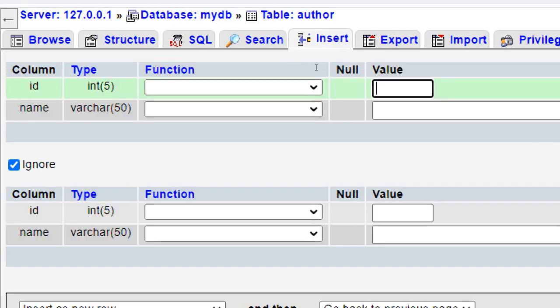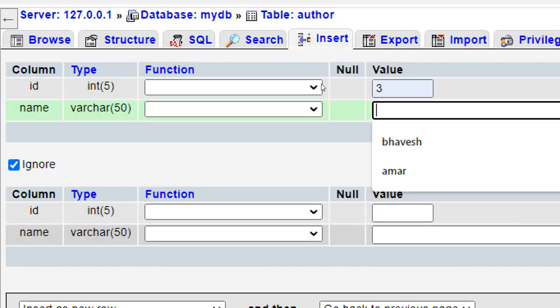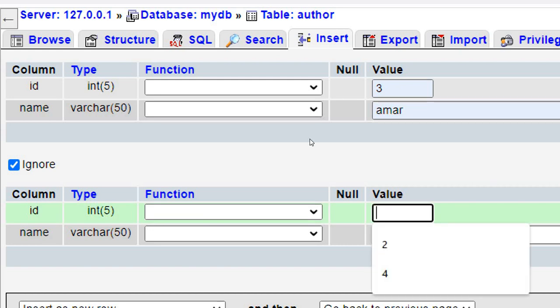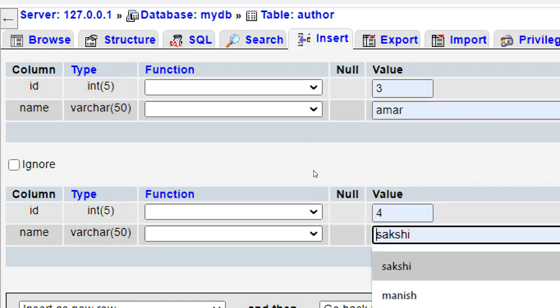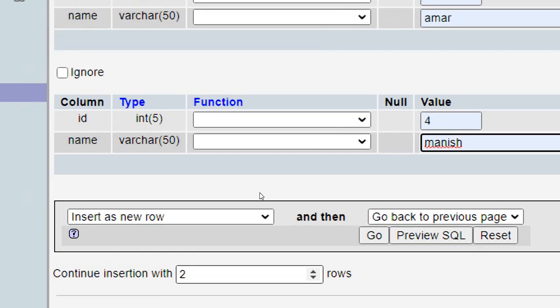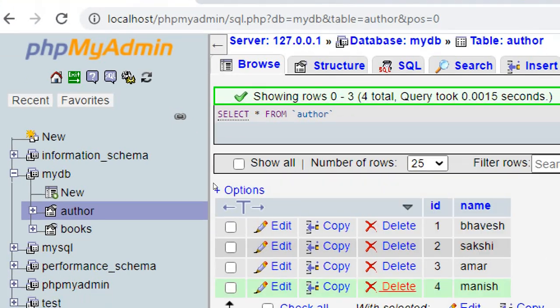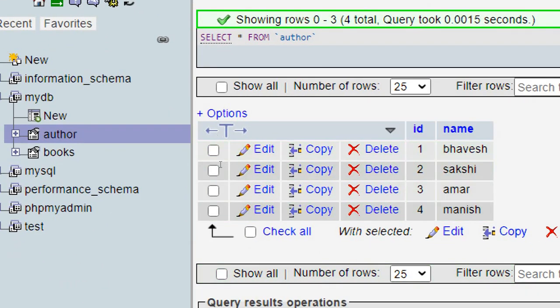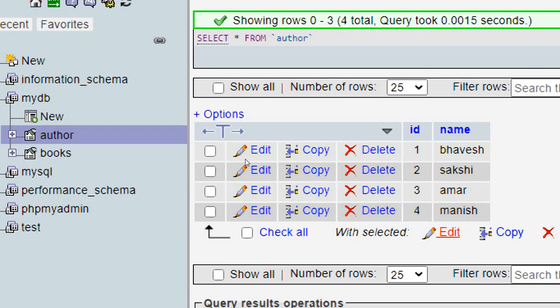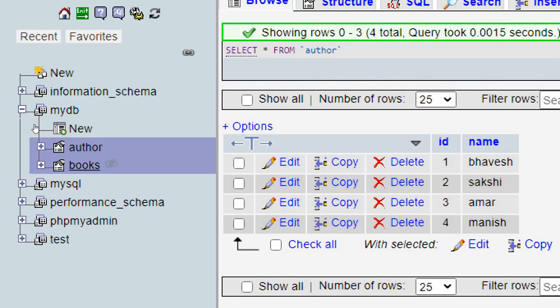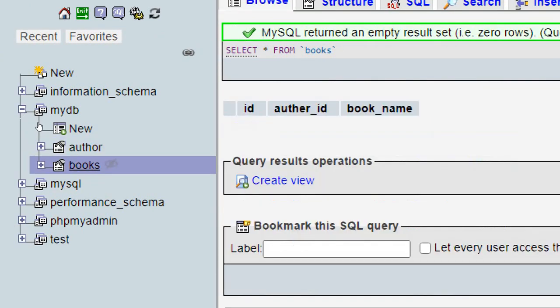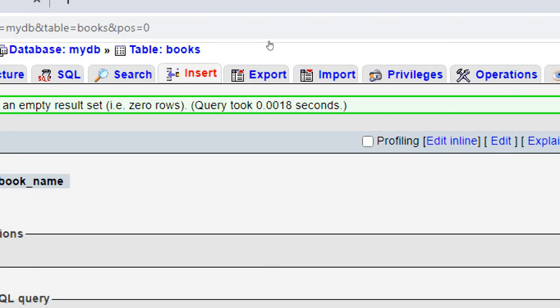Again insert ID 3 with a name, ID 4 with a name, and go. So we have 4 records in our parent table, ID 1, 2, 3, 4, and their names.